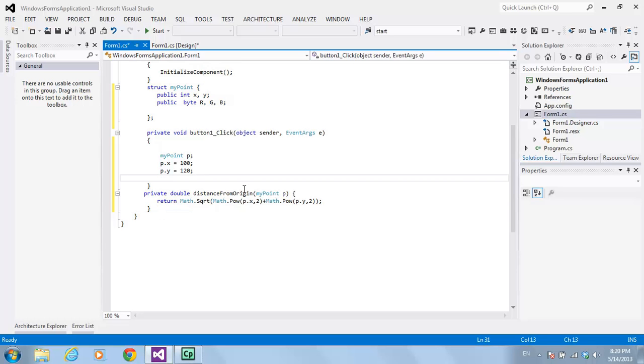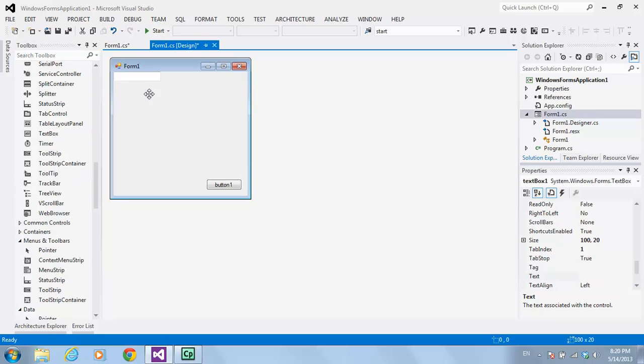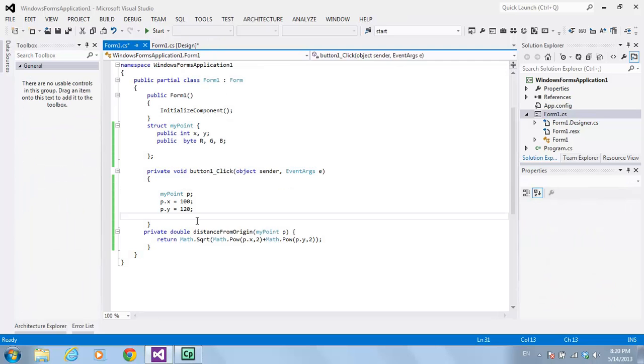Okay, so here I can just use it on my form, and I can say, okay, this is my text box. Then I can come here, I say textBox1 dot Text equals distance from origin, and I pass my points. Let's change the name because I don't want to have the same name here. It may confuse you. I call it P1 here. Okay, P1. Then I pass P1 to it,